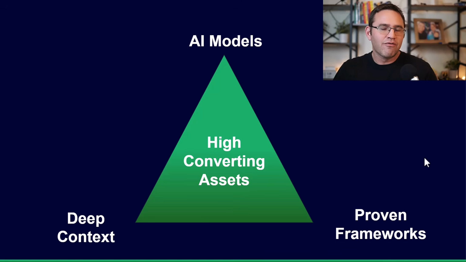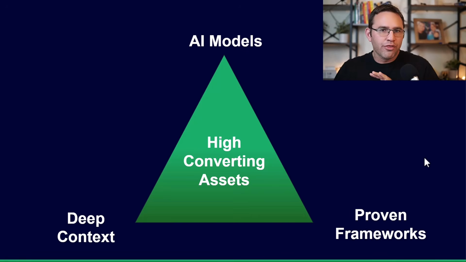And then finally, in the bottom right corner, we have what I call proven frameworks. We need to show AI, we need to give AI frameworks so it knows what good actually is. Okay? What is a good sales email sequence? What is a strong webinar framework designed to get people in your specific industry to book calls at the end of that webinar or to buy a product? If we don't give AI guidance, guide rails as to what good actually is for you and your business, it's going to produce, again, generic results.